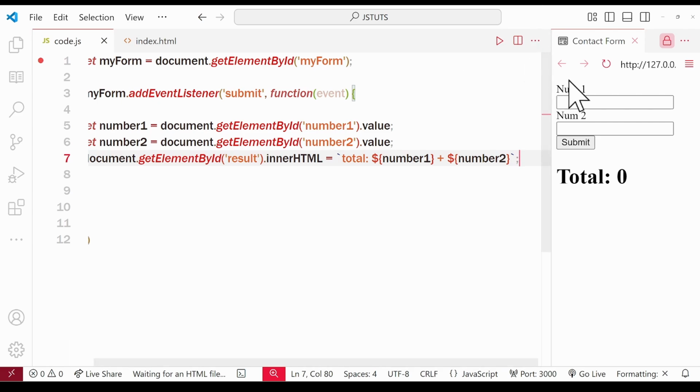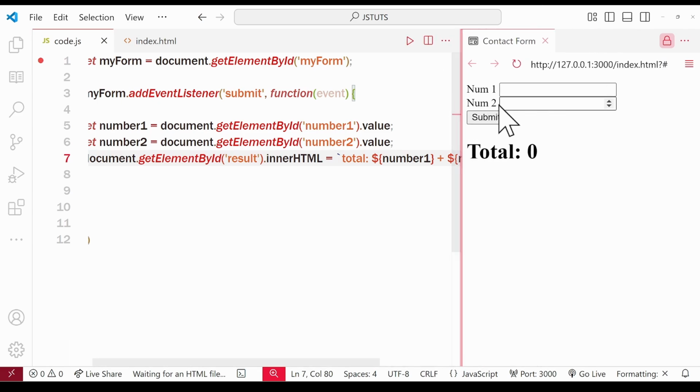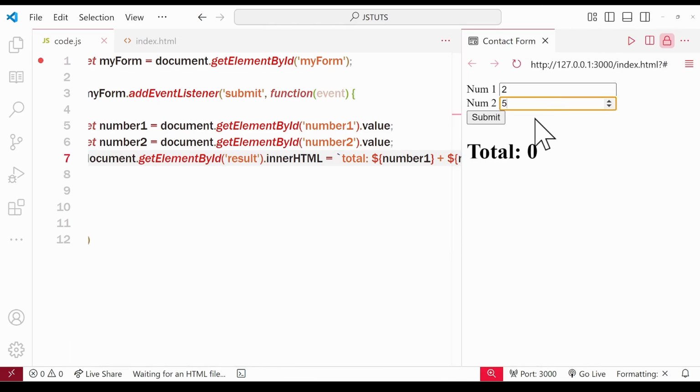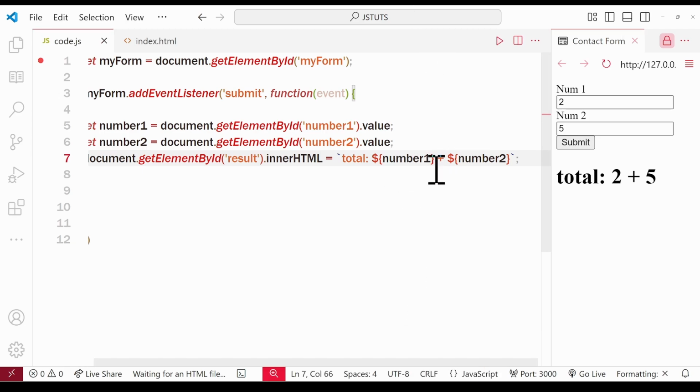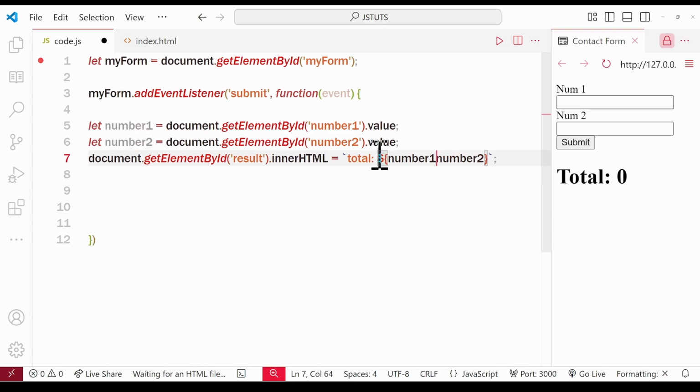You see, this is the code, everyone. If we try two numbers, and if we click on submit, you see it says total is 2 plus 5, and that's not what we want. So instead of doing this, you see I'm doing something wrong here. I should have made it like 1, 1, you see, so we add,